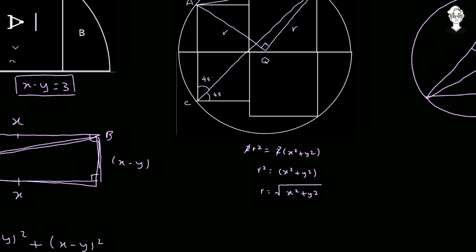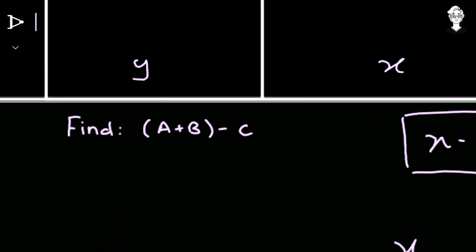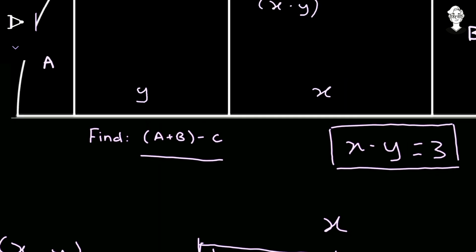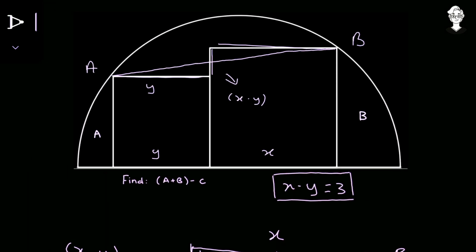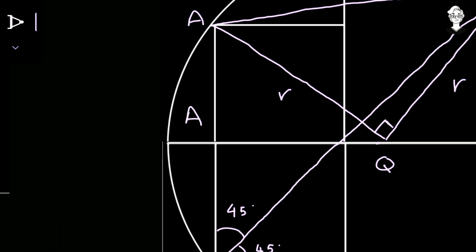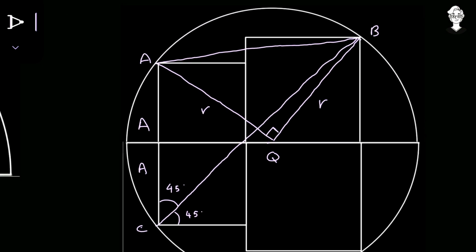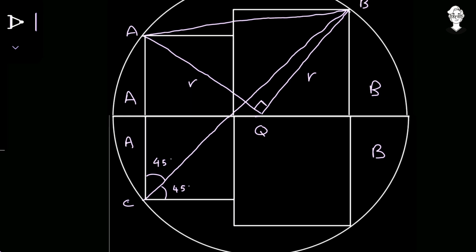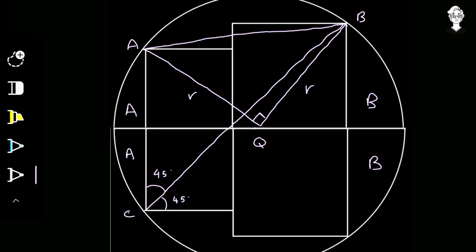Now some of the basic things were done. Now let's proceed to find the value of this particular expression. What we have to find is the addition of a and b minus c. So this much area is considered as a. This is also a because we have just reflected this diagram. That is b, and this is also equal to b because it's just based on symmetry and reflection. Okay, now I'm removing these particular things because they are not required. You can take a screenshot.